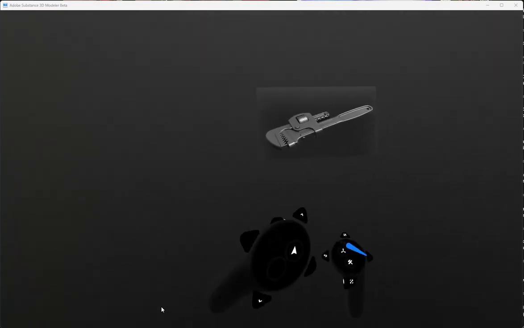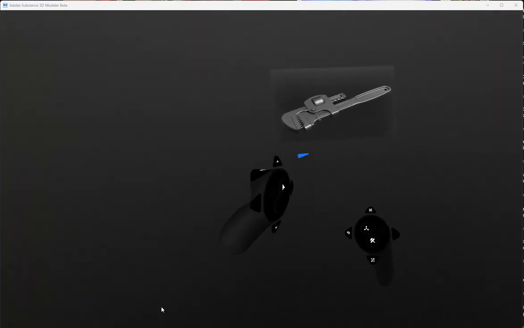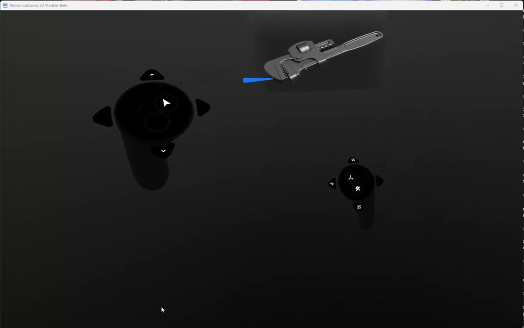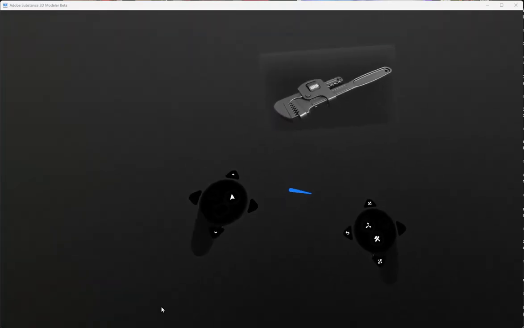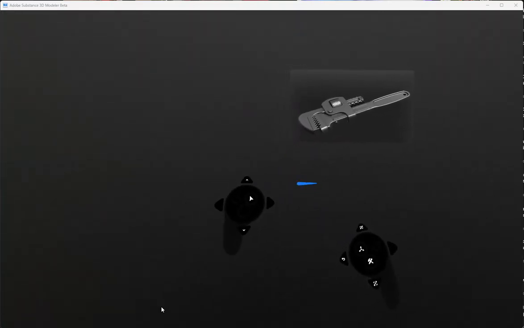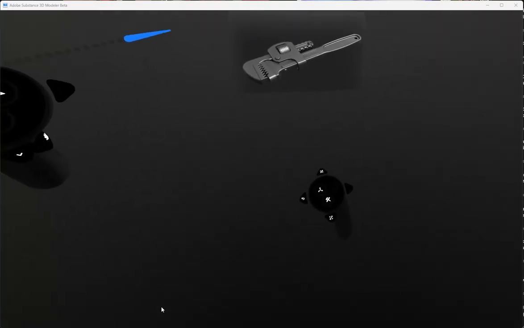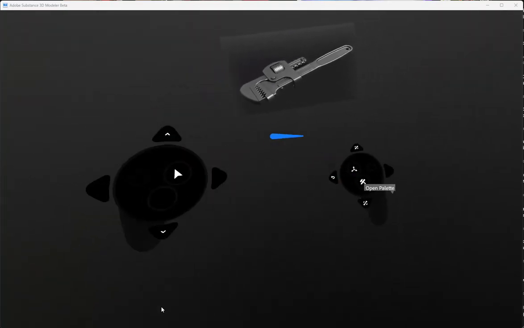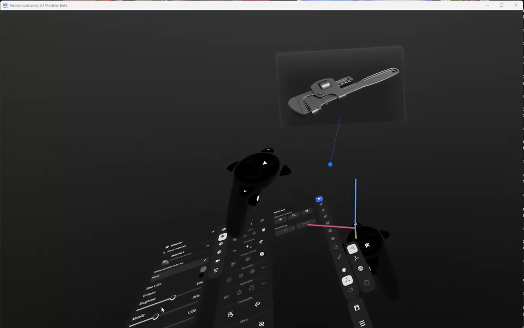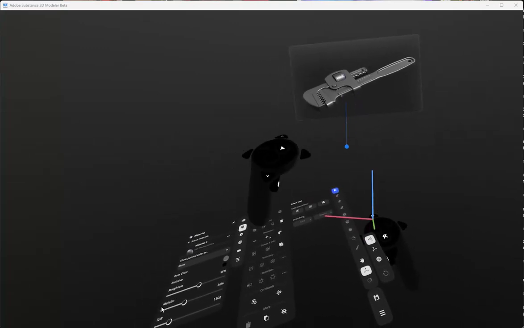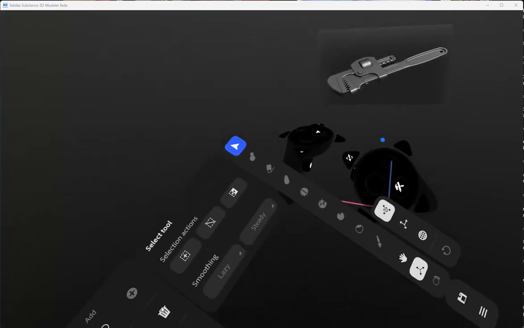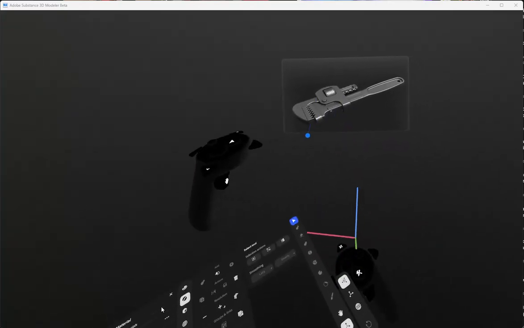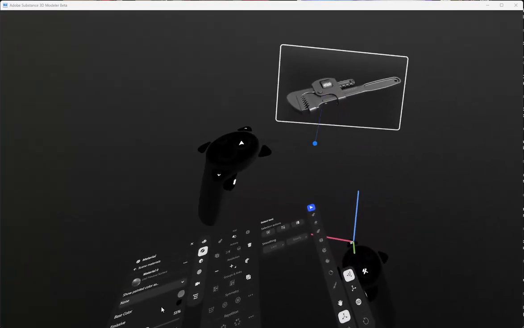But I personally don't use desktop at all for anything. Don't even use the menus. I do it all from within, because I stream through Virtual Desktop. So I do everything from within VR, including importing the refs. So with the refs, if you hold down the menu button, and then you just turn your hand so that the controller is facing straight to the ref, you'll get your laser pointer, and then you can just